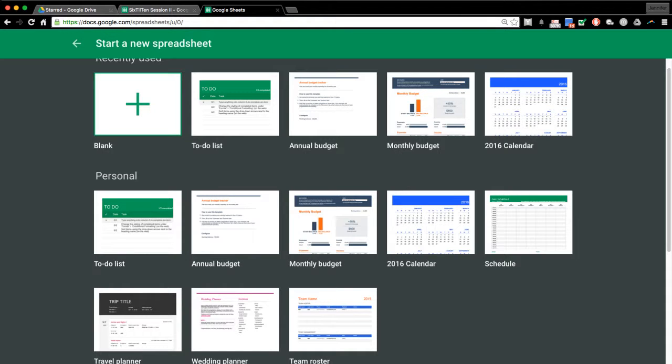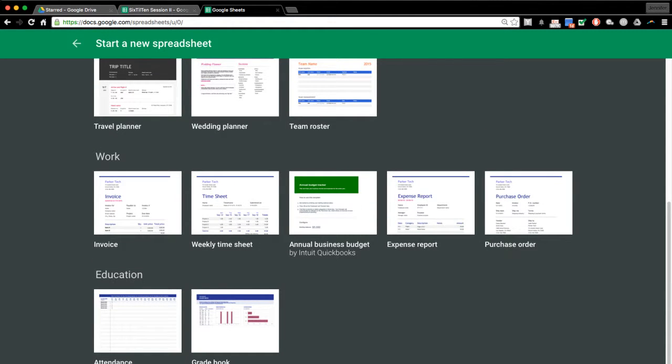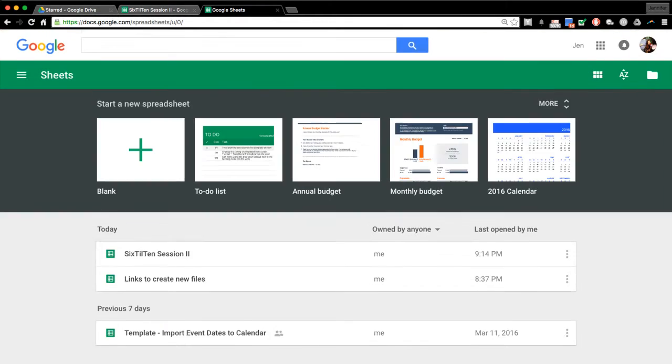These are very awesome preset templates, by the way. It has everything for you. So it has to-do list, annual budget, monthly budget, a calendar, schedule, expense report. Oh, they have something from QuickBooks, so definitely utilize this. And for all my school teachers who wants to teach, you have your attendance, your grade books, so definitely a useful tool. So let's actually go back